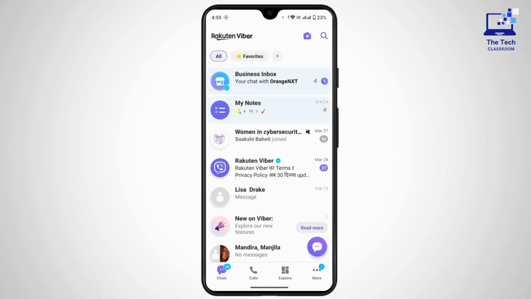However, there may be some other potential ways to recover your deleted messages if you have a backup. So if you have enabled your cloud backup, such as Google Drive if you're using Android, or iCloud if you're on your iPhone, from there you may be able to restore your chat history including all the messages that were deleted, provided that they were included in the backup. So with the help of your backup, you can see your deleted messages.